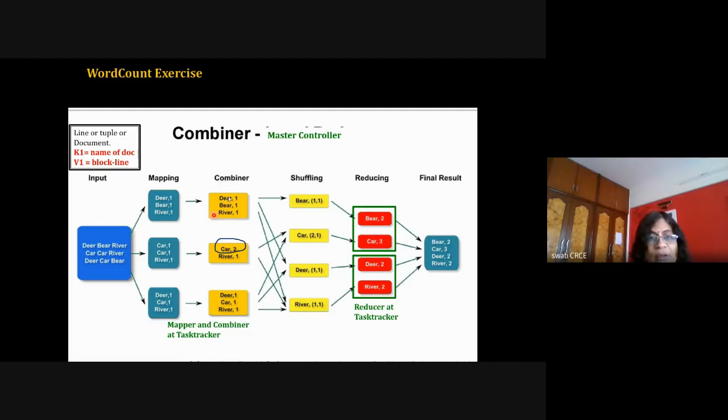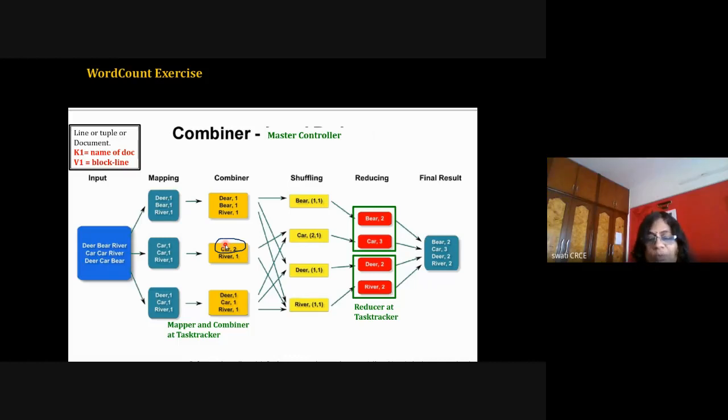So here the combiner is not working much, but wherever the keys are repeated, this combiner will have the same logic as the reducer, doing the same kind of operation. Instead of having the key 2 times, it will add both the values, and it will have the new value for the same key. It will see which keys are repeated. For every key it will check the value, and here it is doing addition only, so it will create a new value. Okay, so that will be the output of the combiner.